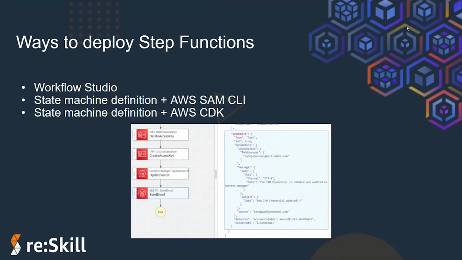Whenever you want to build a new Step Functions state machine or deploy it to the cloud, the different ways of doing it are with the Workflow Studio, being the interactive UI on the Step Functions console, where you can drag and drop different services and add them up and ensure that the different parameters have been mapped,